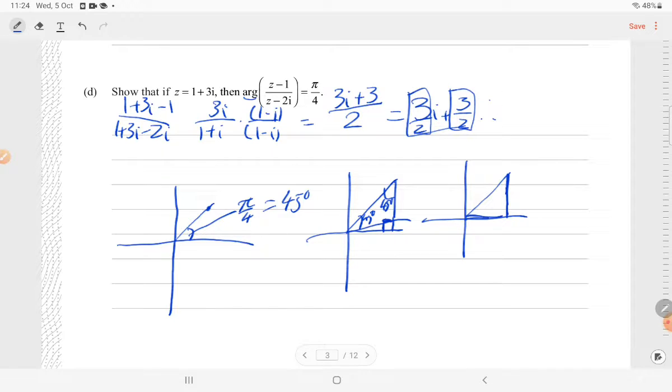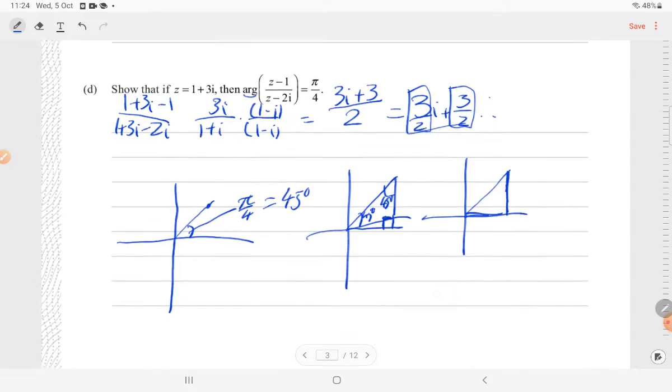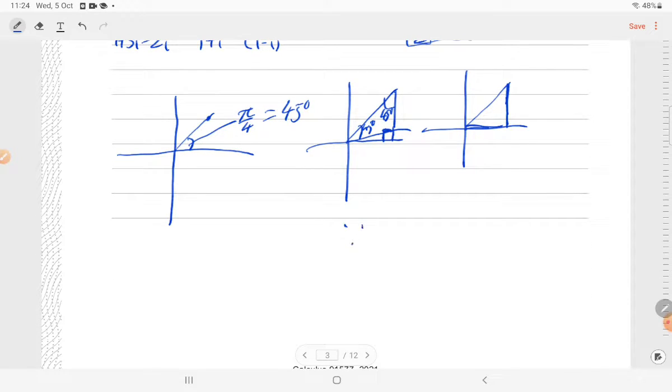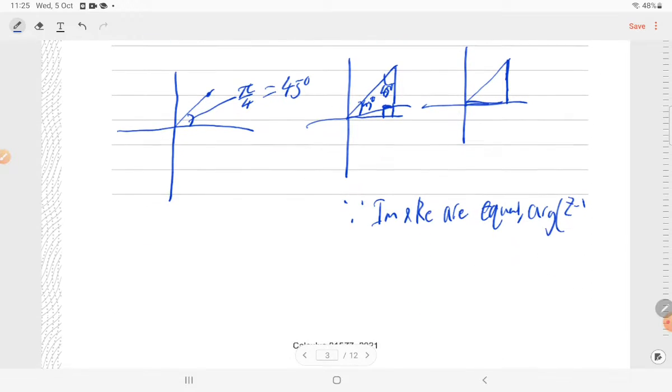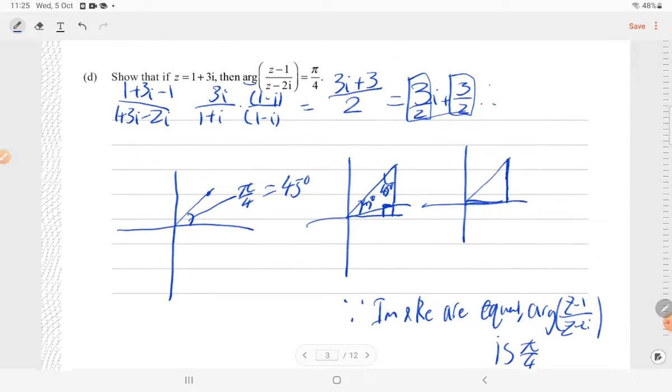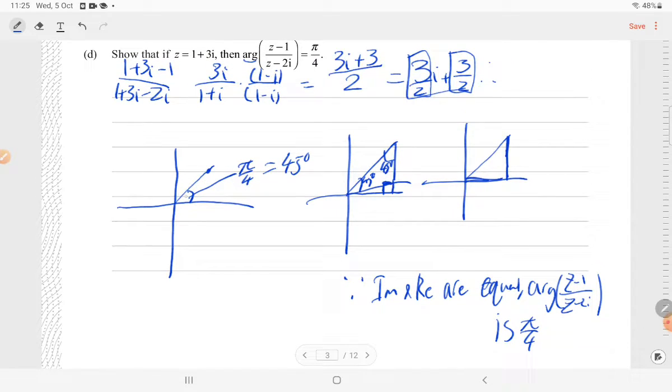Therefore, let's just write it here. Because imaginary and real are equal, the argument of (z take away 1) over (z take away 2i) is pi over 4. I believe that's all you need to write, since if